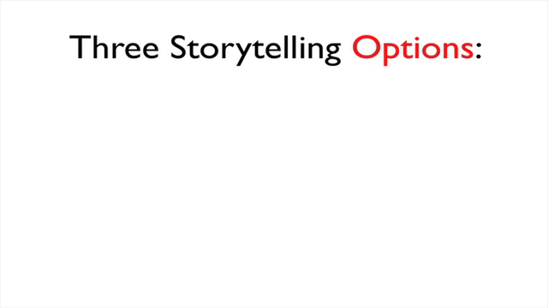So good things happen. So you've really got three storytelling options here, three ways of setting the stage with your multi-sensual storytelling. The first is the future-oriented storyline, which is basically where you say, here's what I'm going to do to you. And this can be either factual about what you're actually going to do to her, or it can be something like a pure fantasy. It could be, what I'm going to do to you is I'm going to tie you to the bed, do all these kind of things. Or it could be just something simple about how you're going to nibble your way down her neck, etc.